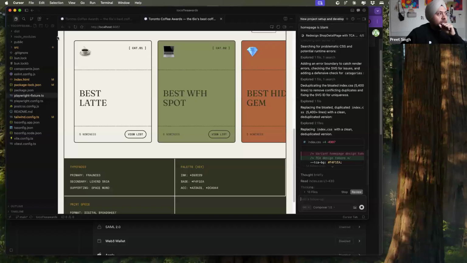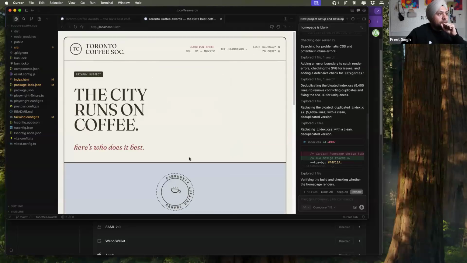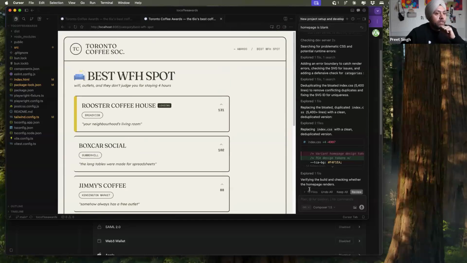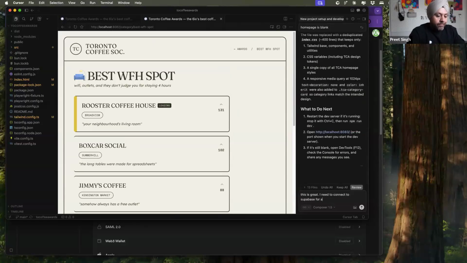The homepage is fixed now, as you can see. When you go in there, you see these specific awards. This is great. I need to connect to Supabase for auth as well as build the flow where users actually